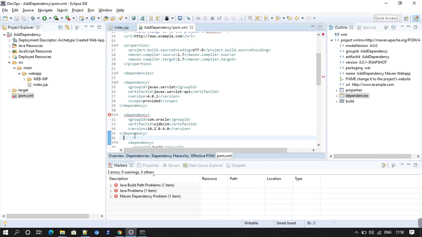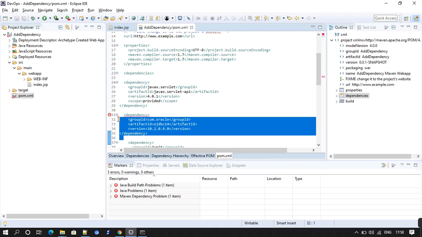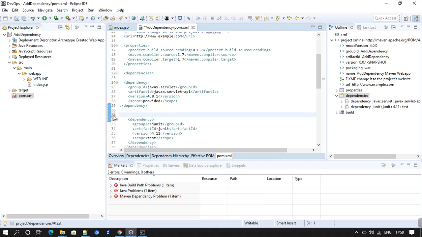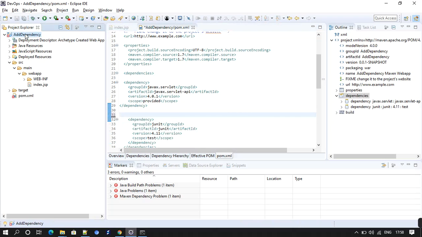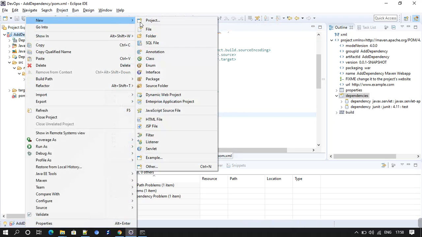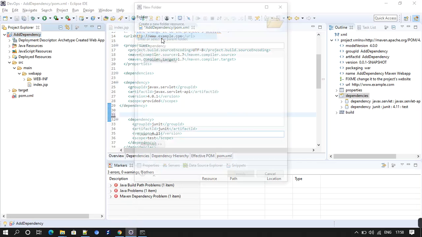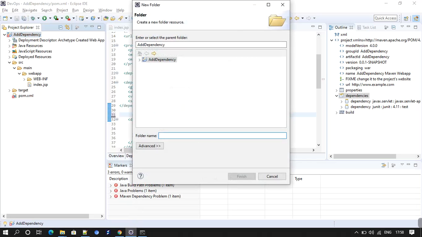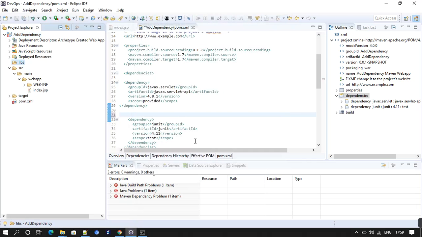To fix this, we can now remove this. Now just create a simple folder with any name. I'm creating it as libs. You can create it with any name.